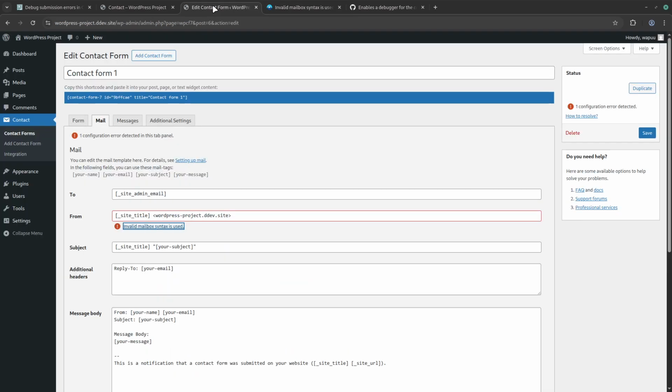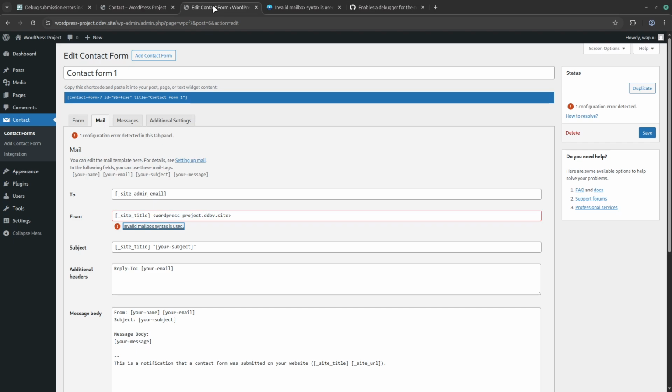When we go back to the form, we can see that something is missing. In the brackets, we only have the domain name. We don't have something like info@ or contact@. So this is clearly an issue. We could now fix that issue here, but then I could not show you how to debug such issues.